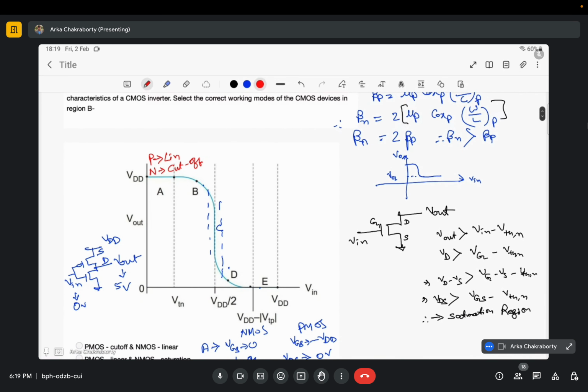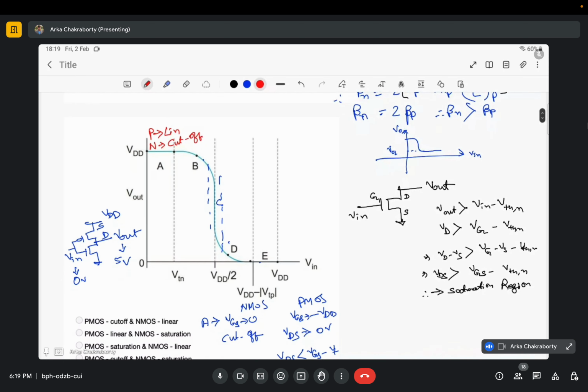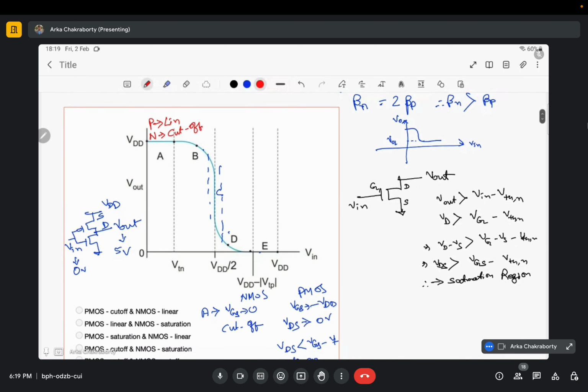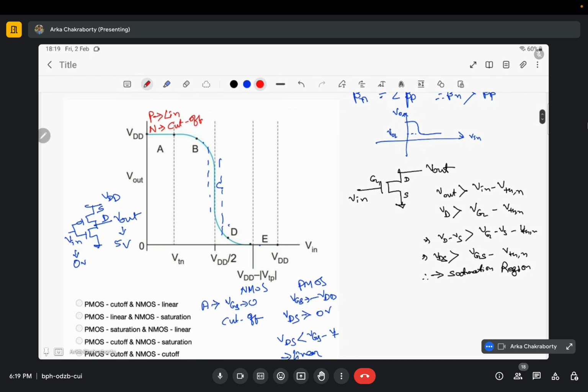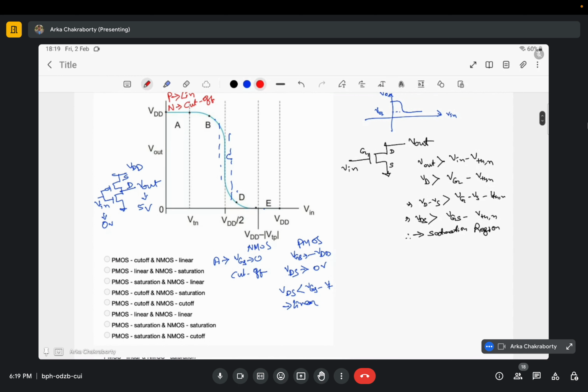Okay, so now let's move to region of operation B. That is, my VDD is slightly greater than VT, or my voltage is greater than VT of NMOS. Now see in which region of operation my transistors are. Okay, so for region B,